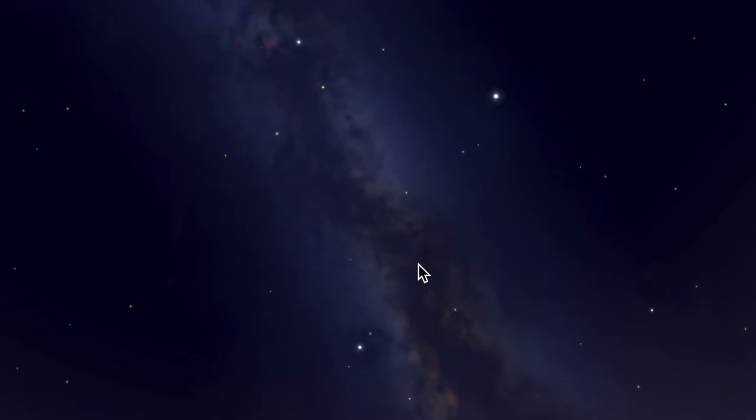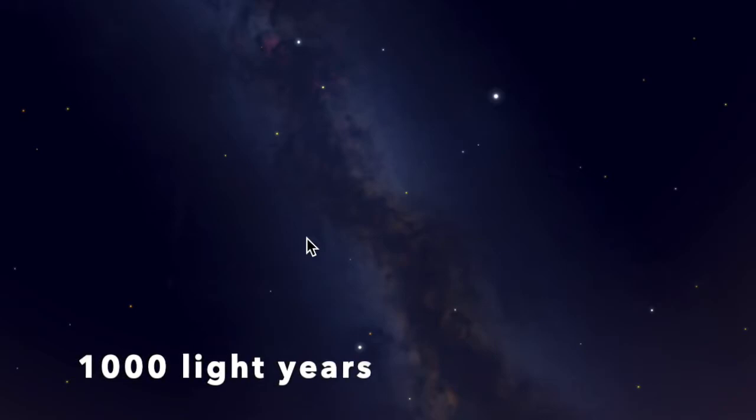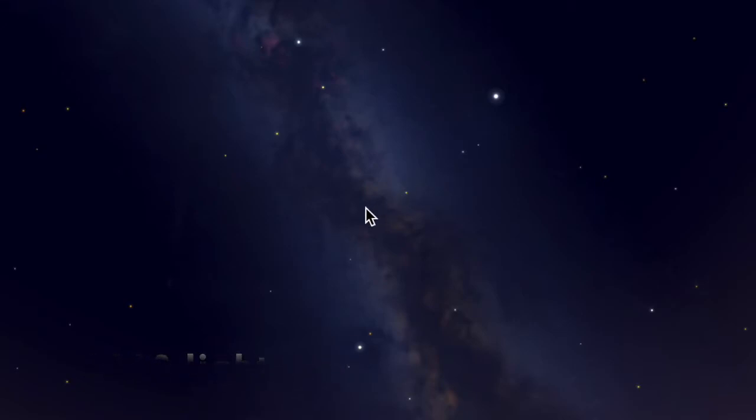Now, just some interesting facts about what we're looking at here. This is effectively an edge-on view of our galaxy from within. We're obviously embedded in our Milky Way galaxy. And this region we're looking at is about 1,000 light years across. The diameter of the Milky Way is about 100,000 light years. So the Milky Way is actually quite a thin structure, a bit like a pizza, and its width is only